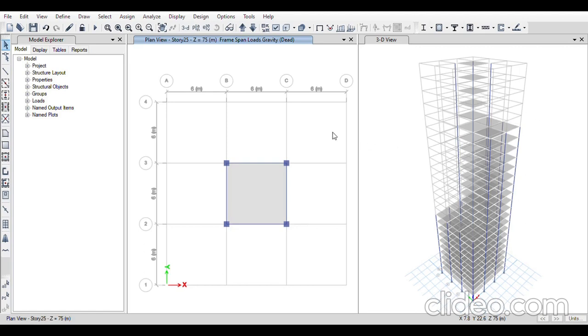The importance factor will be 1, the risk coefficient will be 1, and the topographic factor K3 will also be 1. Then we'll click on OK. And again I'll click on OK.